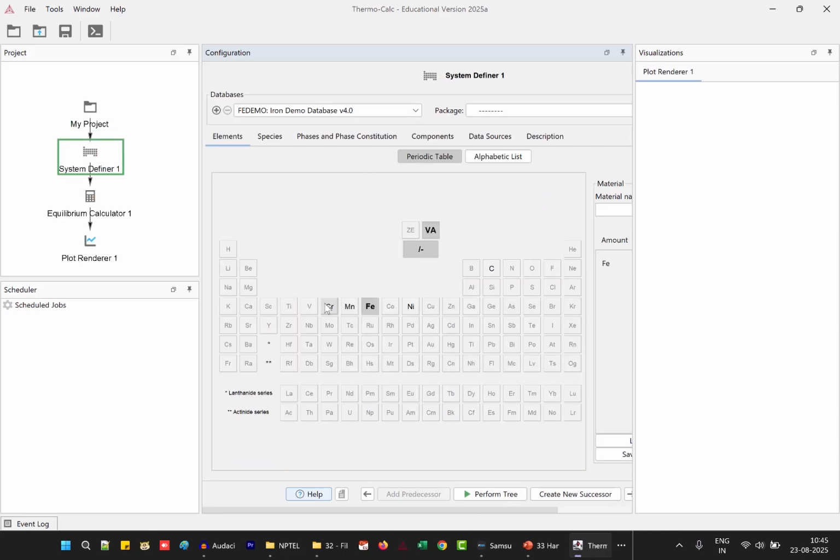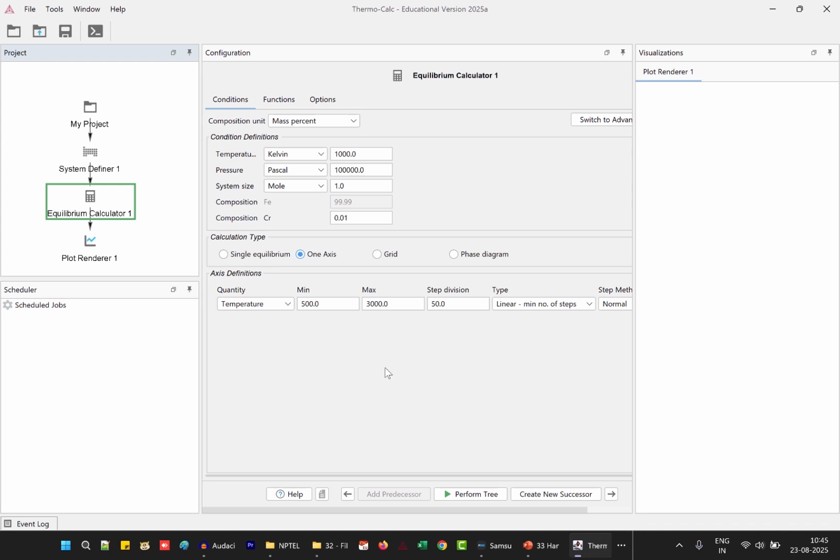Select elements FE-CR, FE first, CR second, and then go to equilibrium calculator. Here set the temperature 1500 in the top, 1500 Kelvin, and here in the axis definition select mass percent of chromium from 0 to 100.